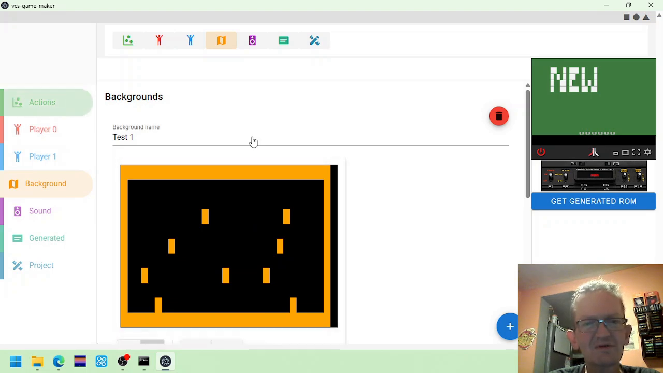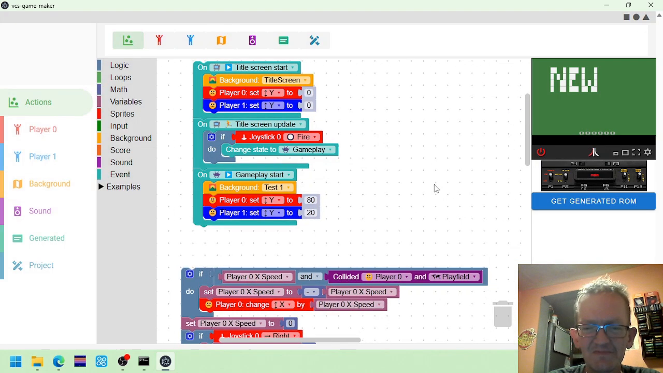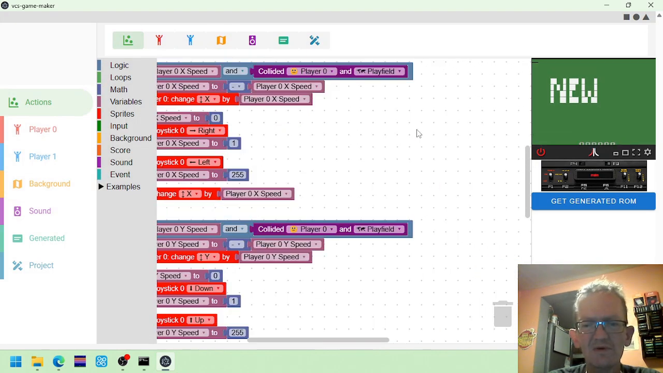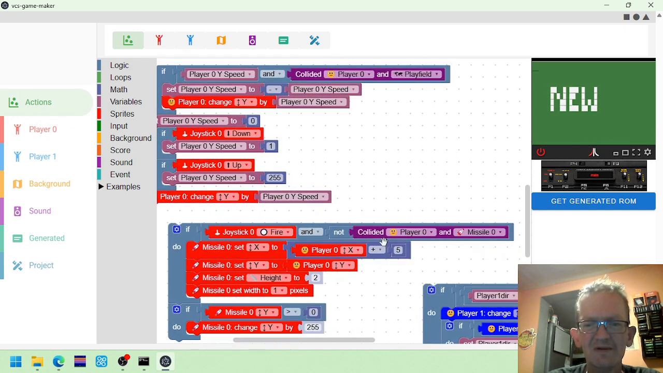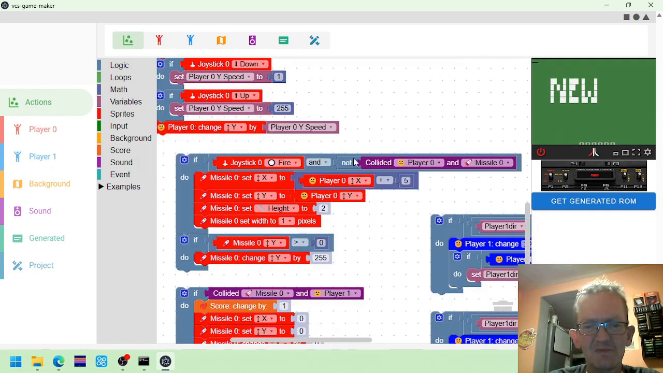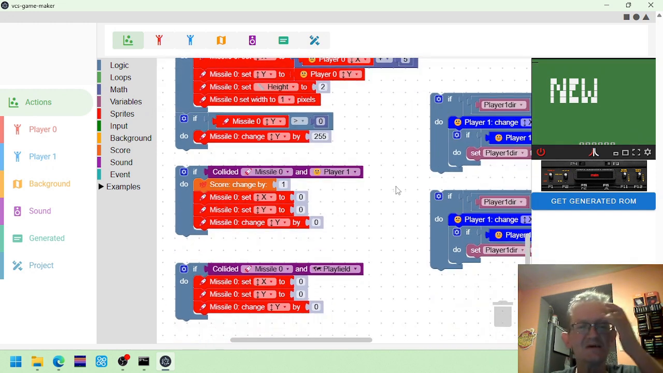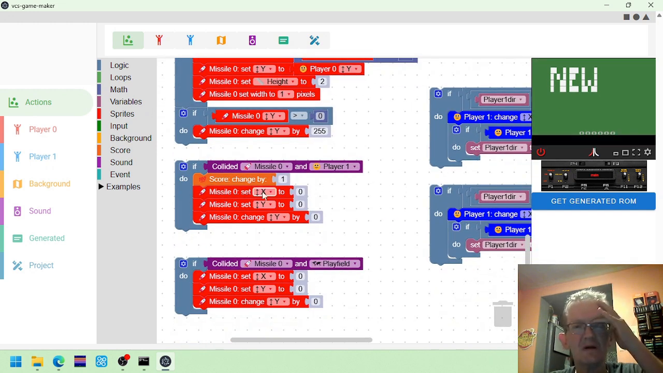And then what we're going to do is come back into our actions, and come to this section here where it says, hey, we hit him. Missile set. Missile goes away. So this is where if missile 0 collides with player 1, score changed by 1, get rid of the missile. What would be fun